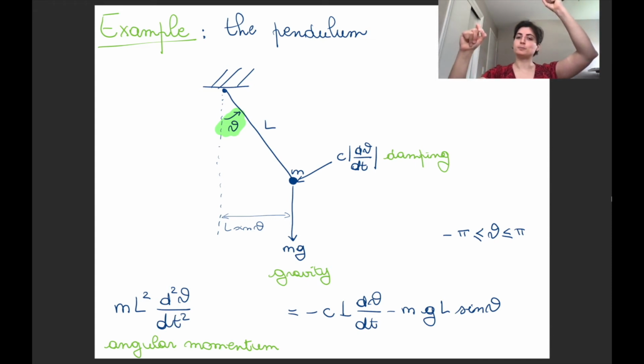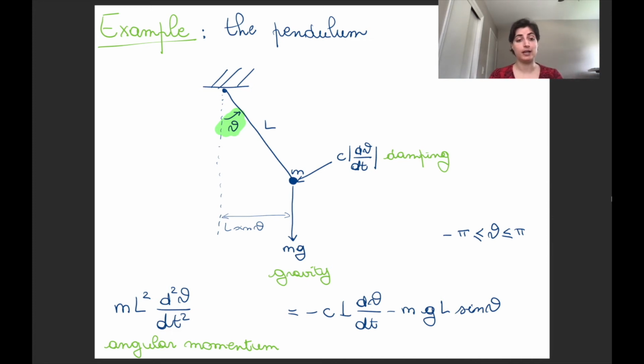So all the component of the gravity force that is along the x that connects us to the fixed point doesn't impact at all. The only part we're interested in is the tangent part, the one that is actually moving the mass. So we get to this equation based on